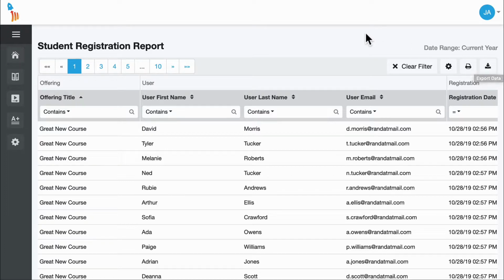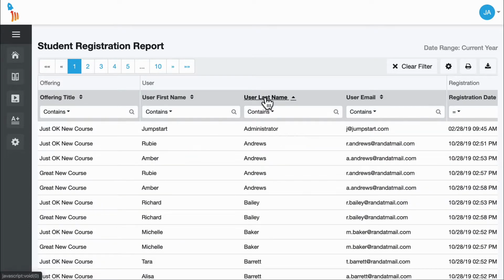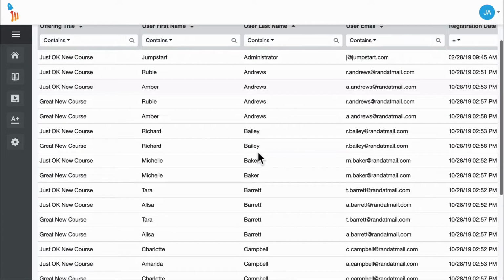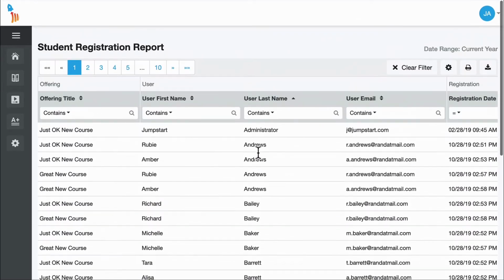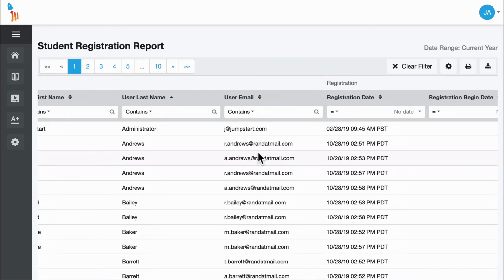Now maybe you want to export it, but you'd like to do a little sorting and filtering first. Let's talk about that. I'd like to sort this by user last name, so I'm going to click here on user last name. And this will give me the ability to show in alphabetical order. I'm going to scroll to the right,